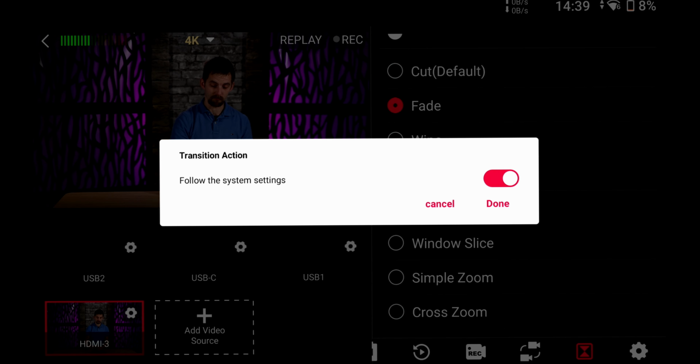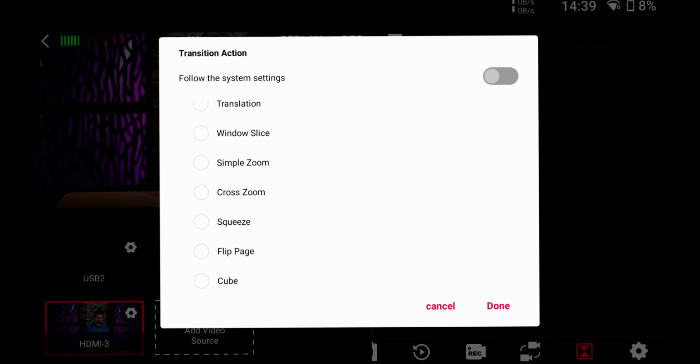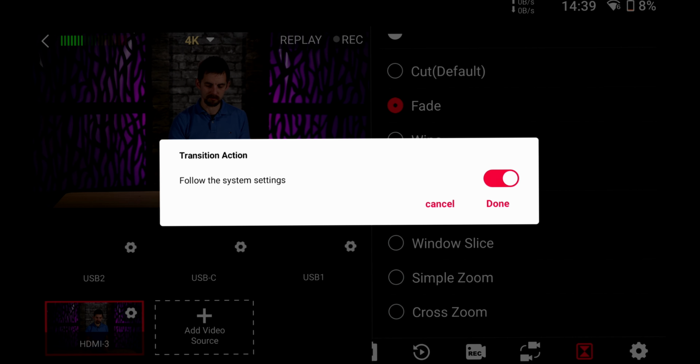input that you like. So if you want to have a fancy transition on this one per se, you can set a transition simple zoom or window slide or anything specifically for only this shot, and the rest of them can have the standard one. All right, if you want to just follow along, then you press follow the system settings and then